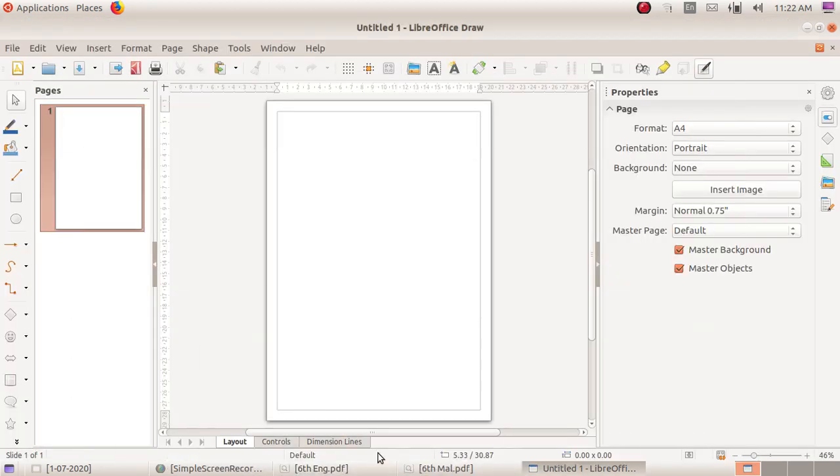First, we open LibreOffice Draw: Applications, Office, LibreOffice Draw. This is the canvas, the working area of LibreOffice Draw.